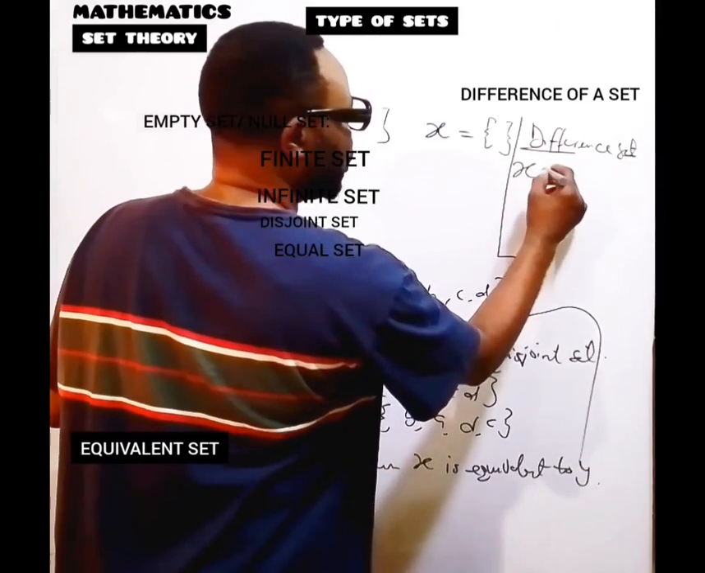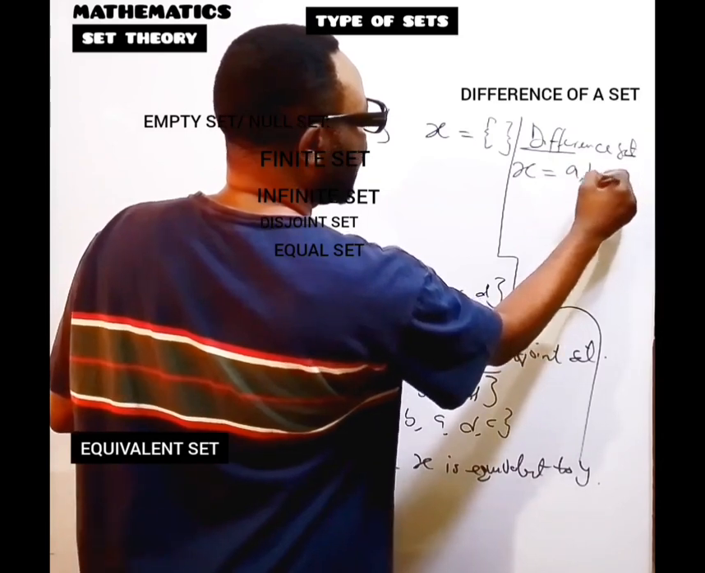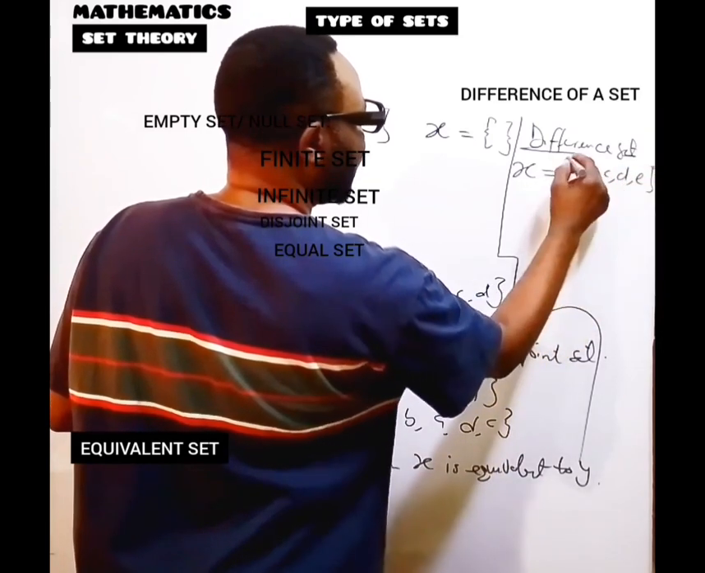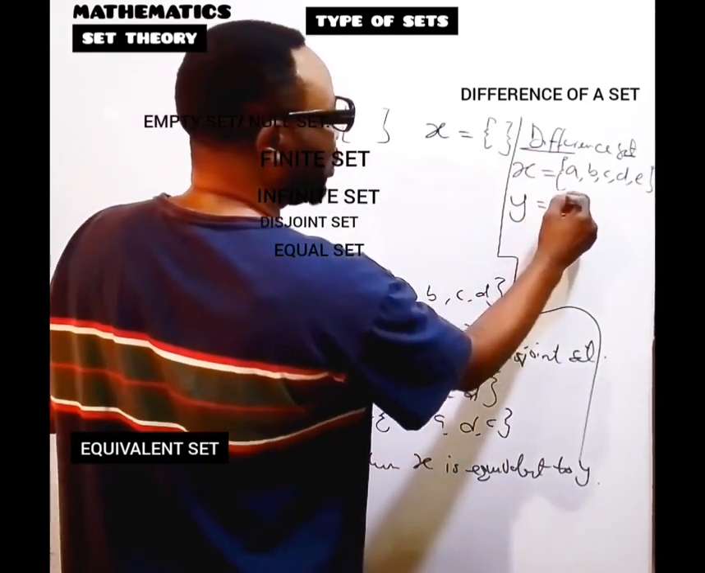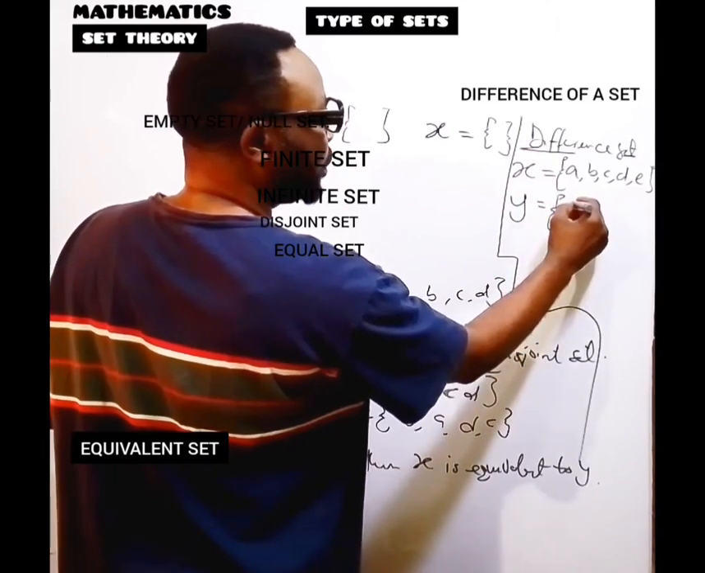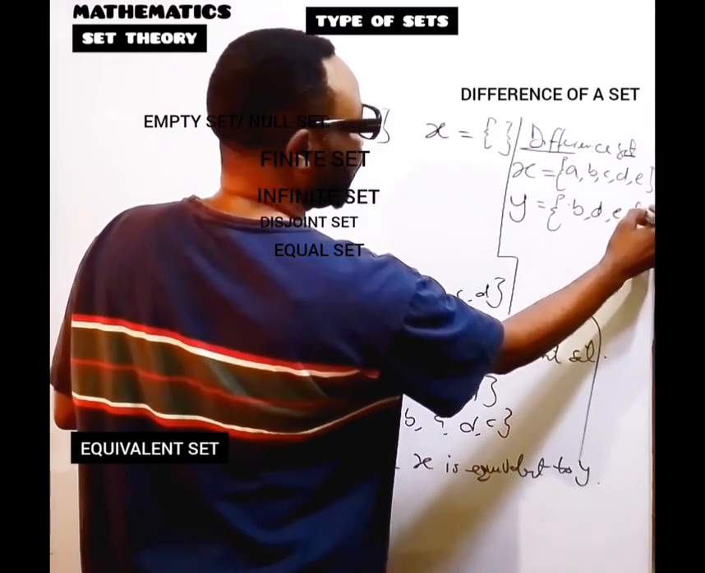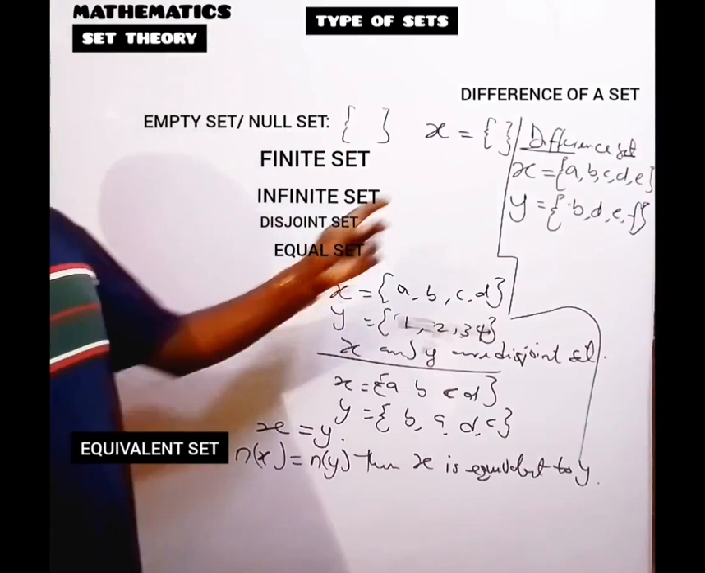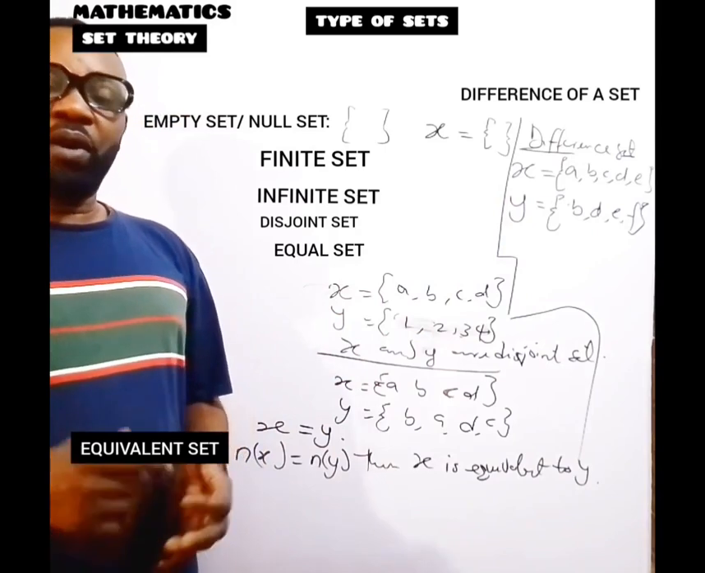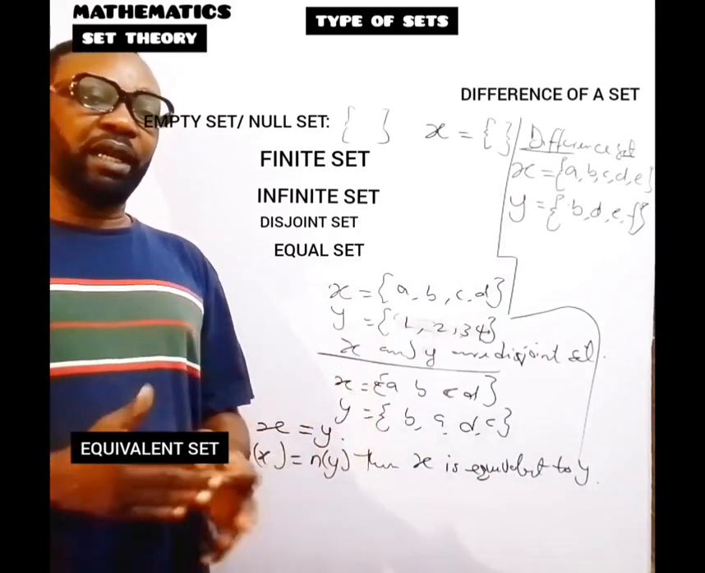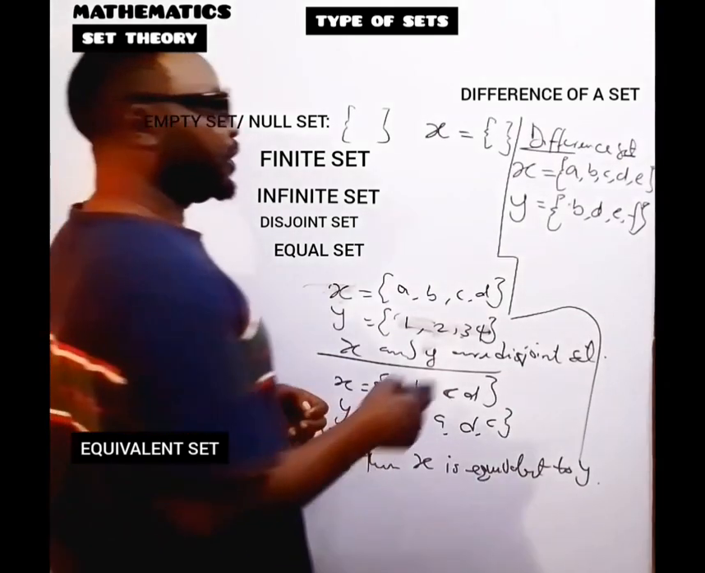if we are given set X to be equal to {A, B, C, D, E}, take note of what I've written: A, B, C, D, E, and we are given set Y to be equal to {B, D, E, F}. Now, these two sets that we have here, for them to be different to one another, we can only have the difference between X and Y, or the difference between Y and X. And you can have it in this form and say that find